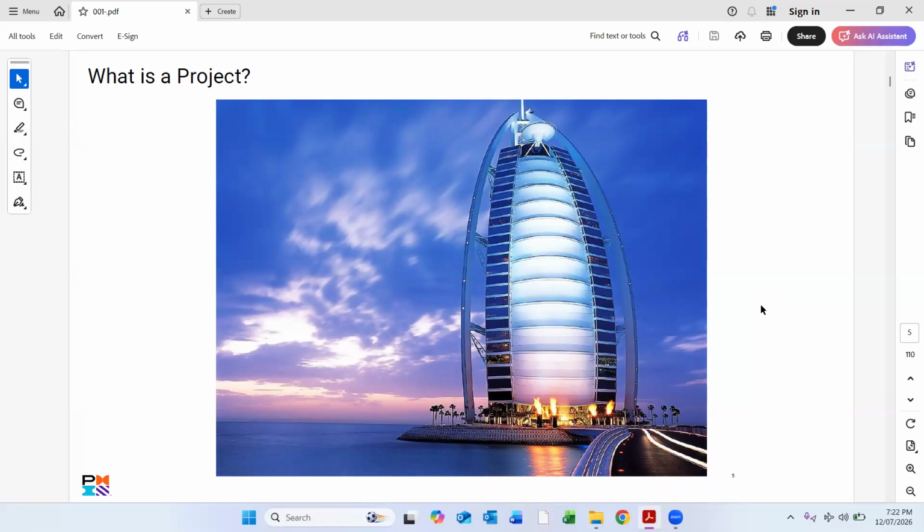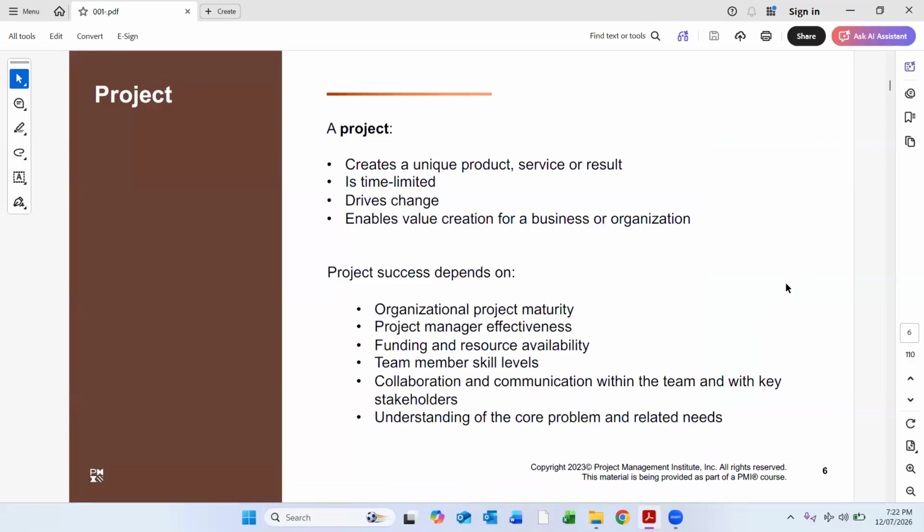Every project is unique in nature. So that is called a project: a temporary endeavor that has a specific start date and finish date, and it is unique and temporary in nature.